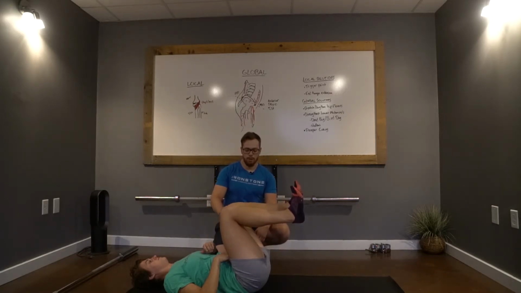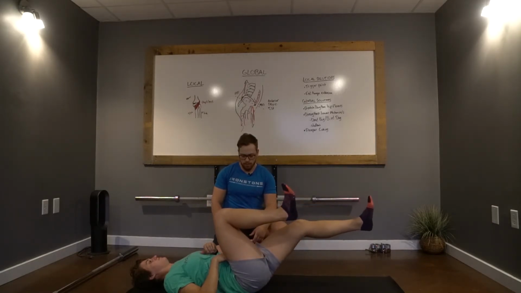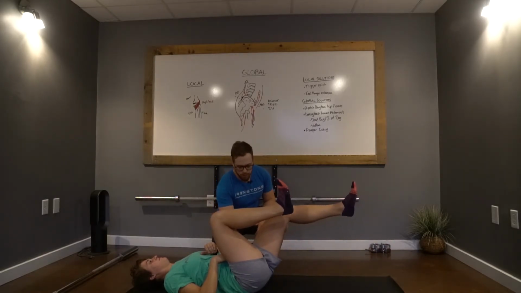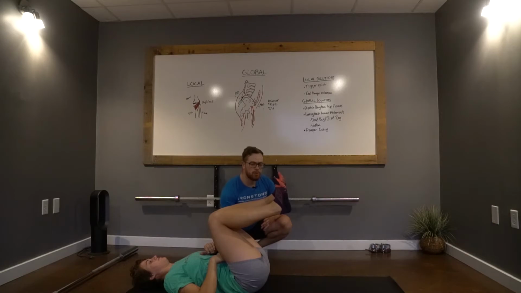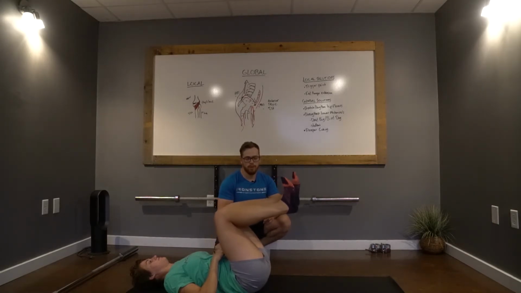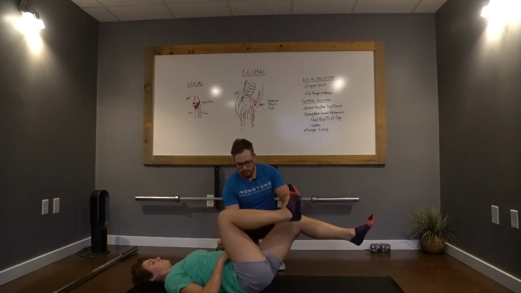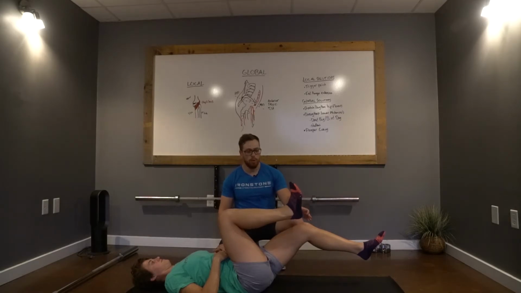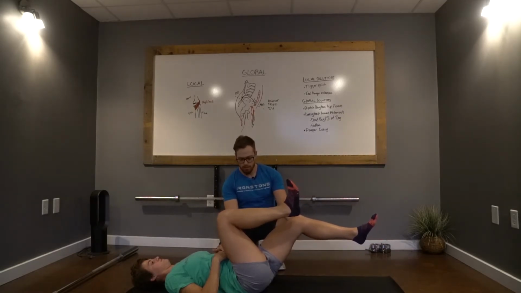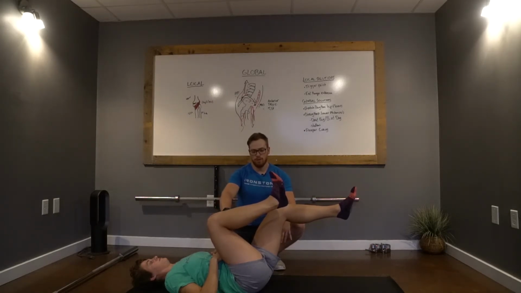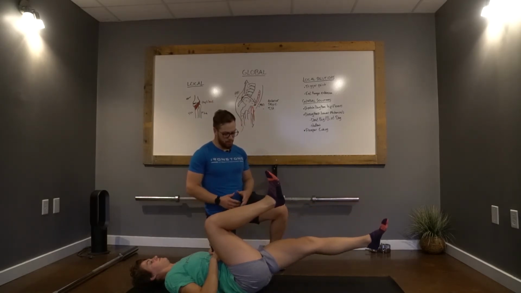We're going to take one leg and lower it down as far as we can go. If at any point you feel your lower back start to lose the force that it's pressing against the ground with, then we want to stop there. So say if Kat was to push this knee forward and then the arch happened, I would want you to stop at the point just before that happened. If you can get here without losing your core activation, then that's where I want you to stop. If we're able to go all the way with both legs,